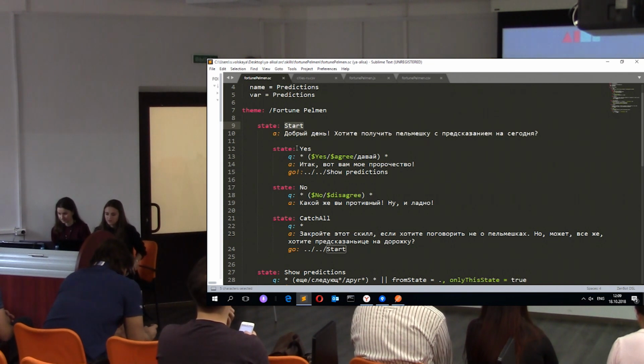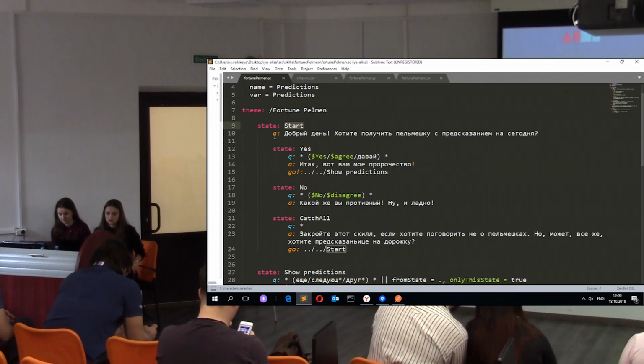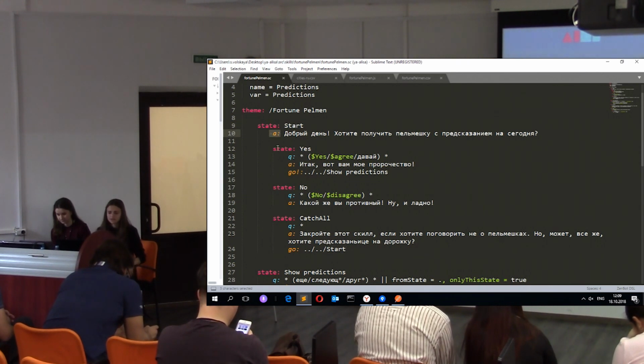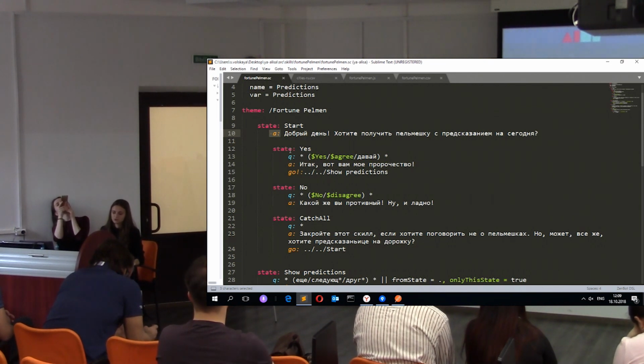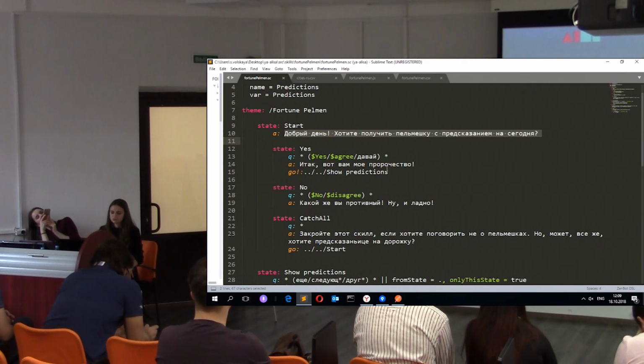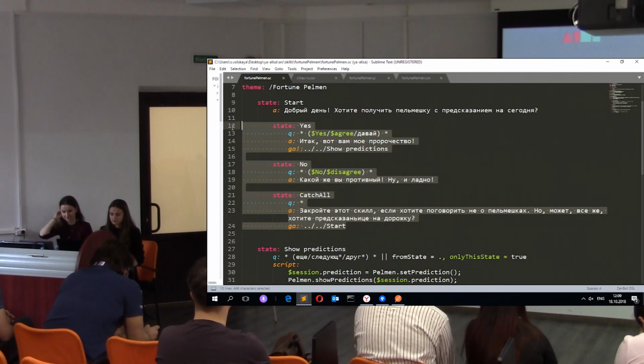So when we have all the dependencies, we should write the tag theme and write the common theme of our bot. The common theme of our bot is Fortune Pyramid. We need to do it for a good structure of the bot, and sometimes when you have a lot of different themes inside your bot, it is very useful that you can